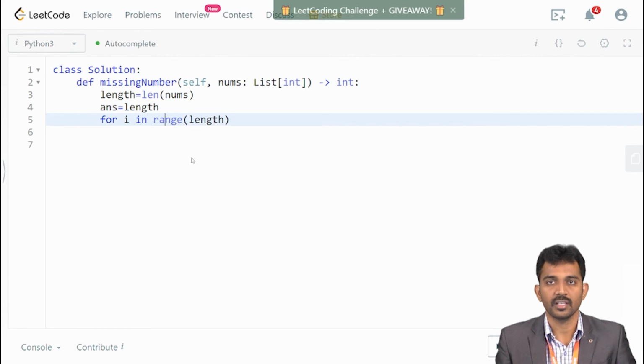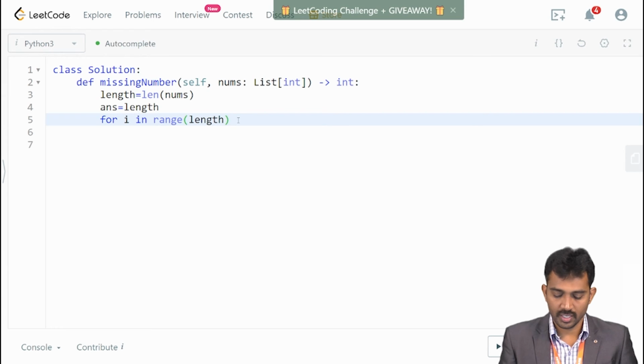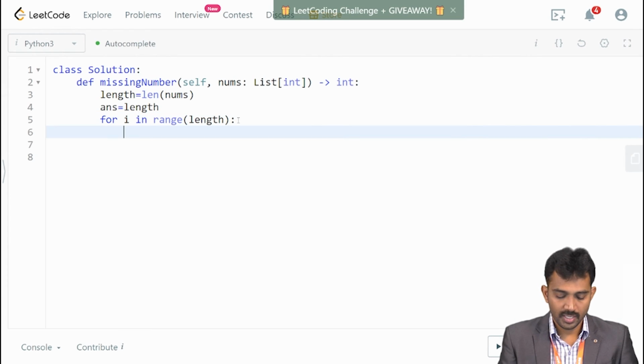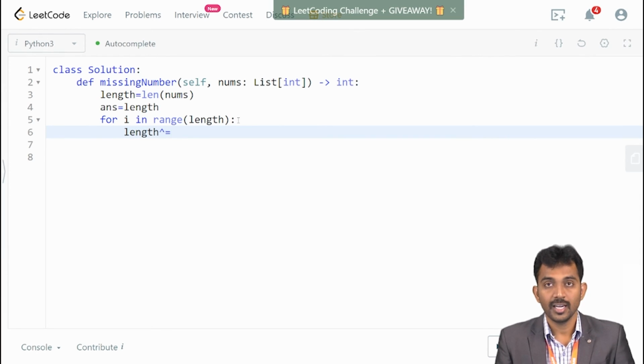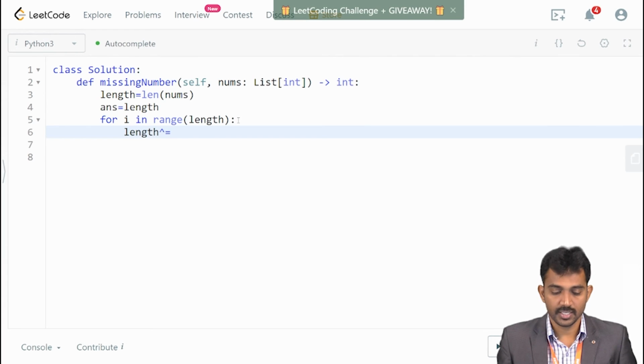I assign the length value here. Then answer is the XOR of, sorry, it is not length, it's answer.